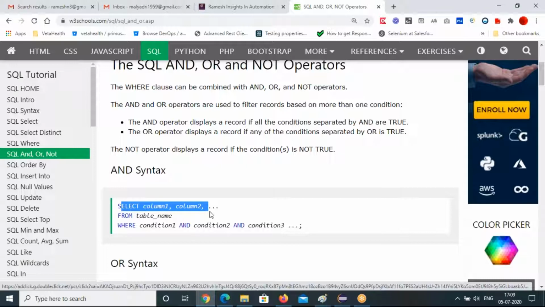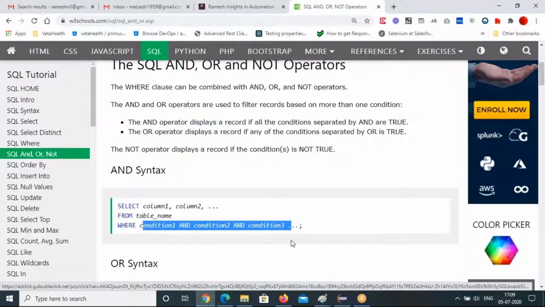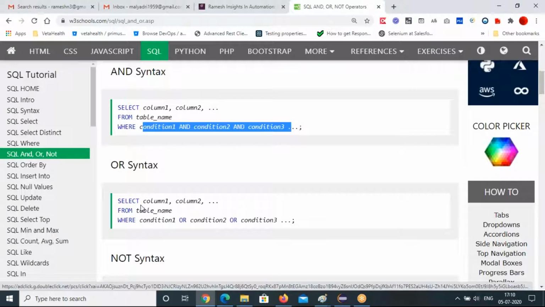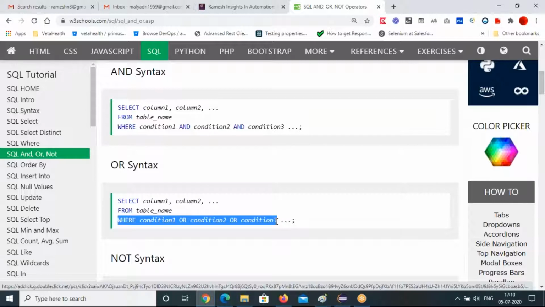SELECT column name FROM table name WHERE these conditions you are using. That's the AND condition. Next, the OR condition: SELECT column1, column2, column3 FROM table WHERE condition1 OR condition2 OR condition3, then it will fetch the results. That's the OR syntax. Using OR means any one is true.